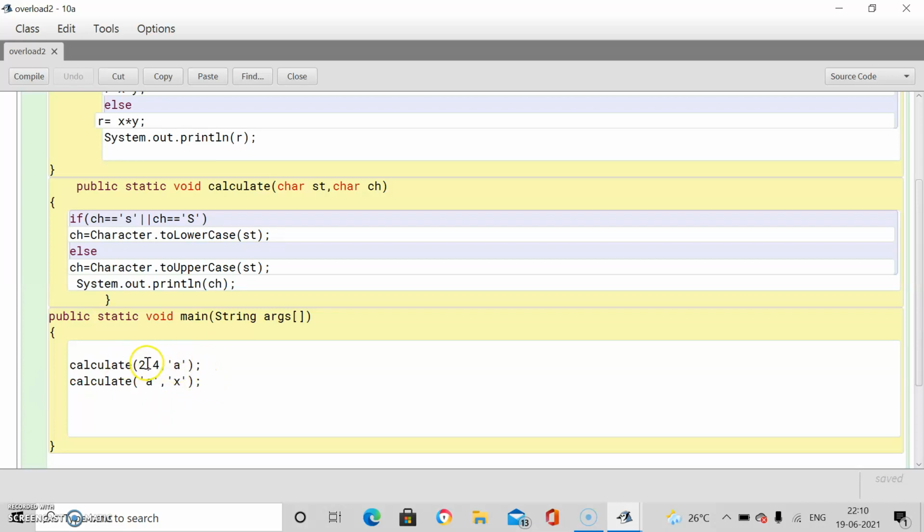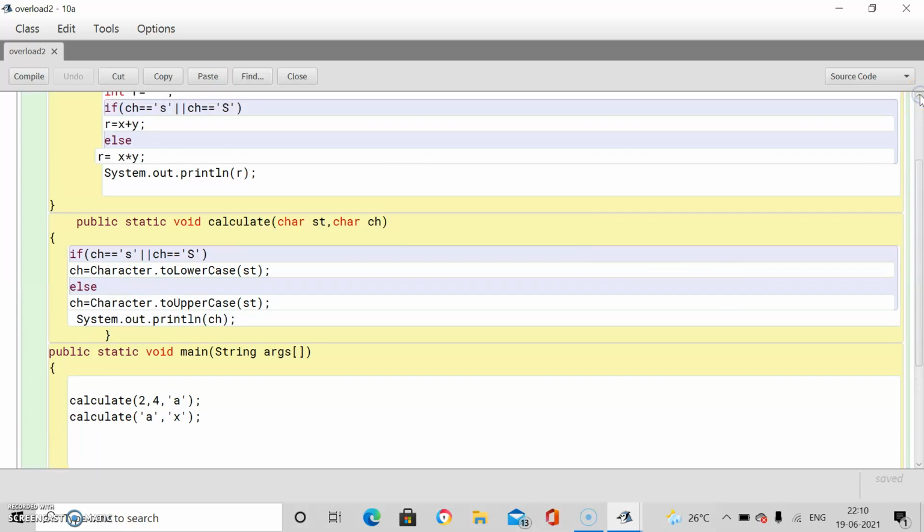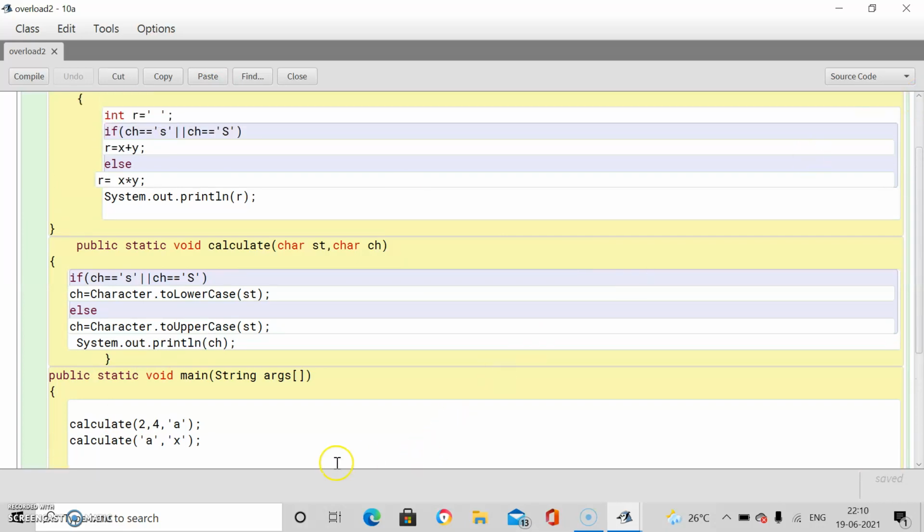It depends upon the signature of the function. Signatures will be matched because the names are similar. Two calculate functions are there, so the number and type of parameters will be matched. Through the first statement, we are calling the calculate function which is receiving three parameters, two integers and one character.